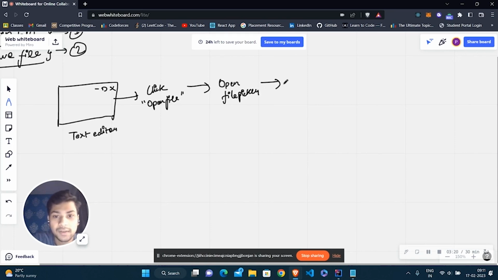And after that, I want to select the path and the file that I want to open. After I select it, I want to click on the open button.